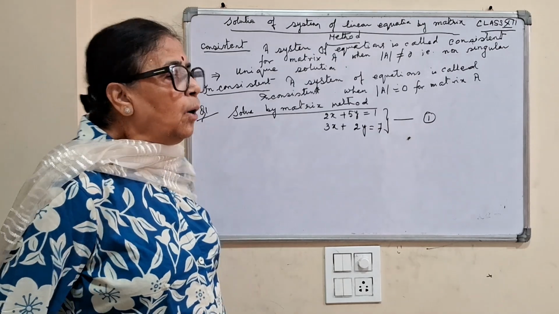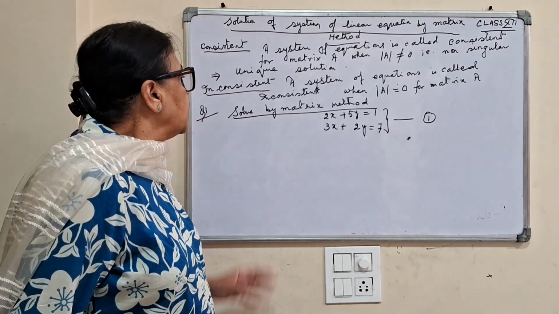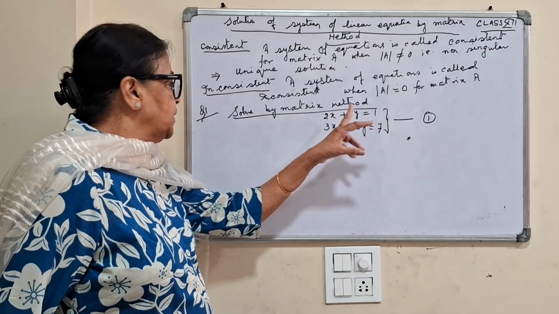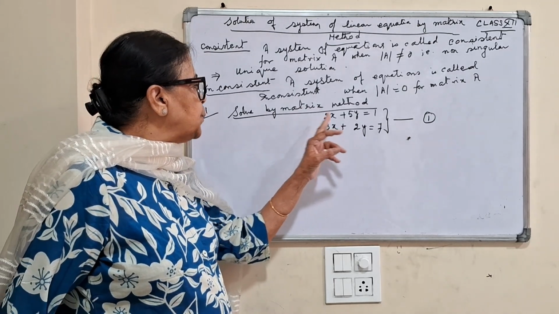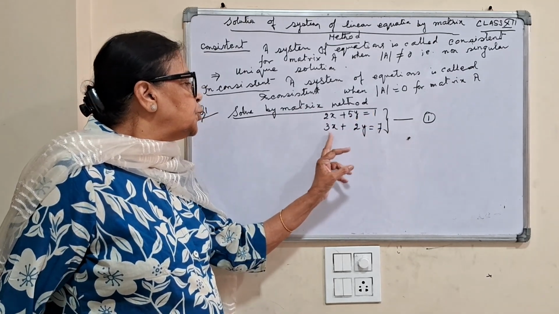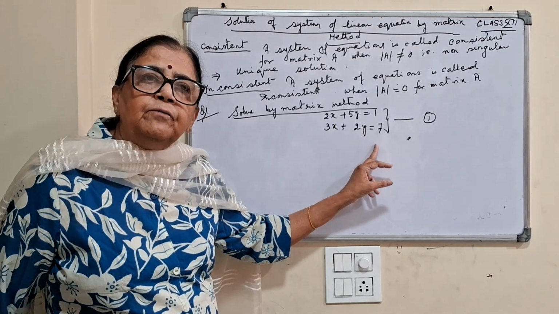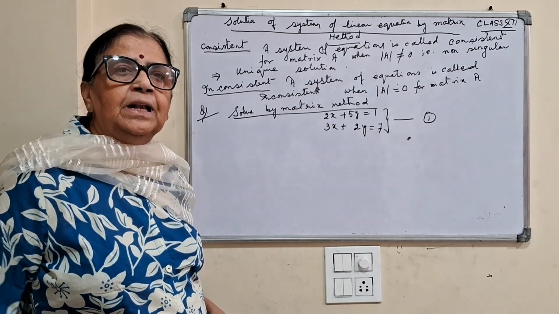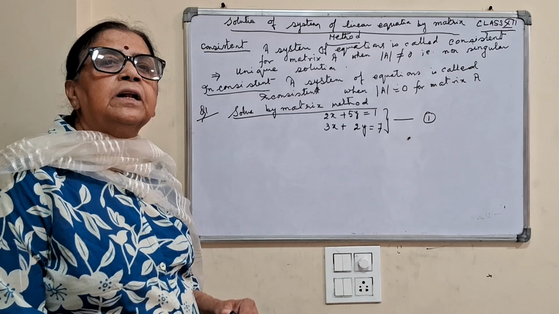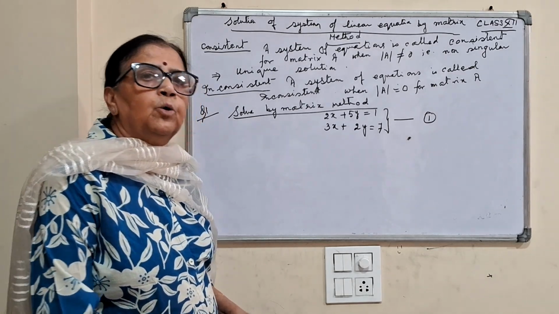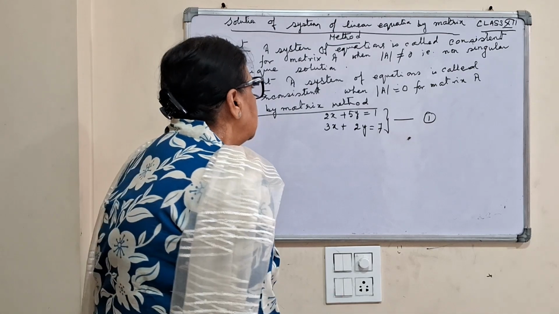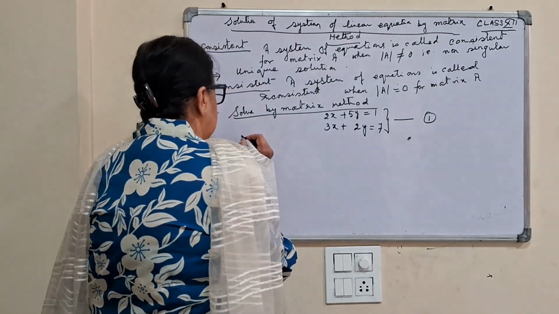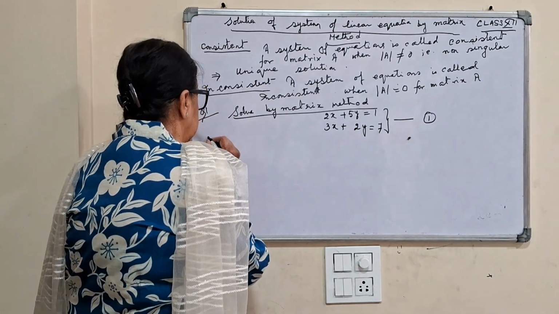Now I solve the equation by the matrix method. I have given a small question: 2x plus 5y is equal to 1, 3x plus 2y is equal to 7. We have learned it by linear equations in two variables in class 10. Now we are going to learn it by the matrix method. By the matrix method, the above system can be written